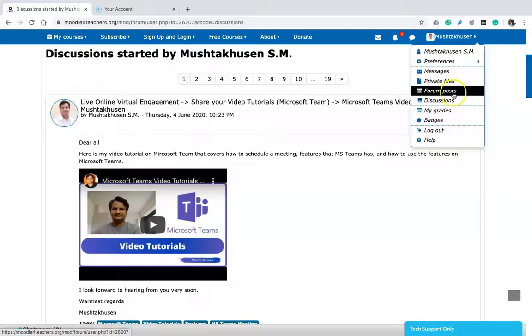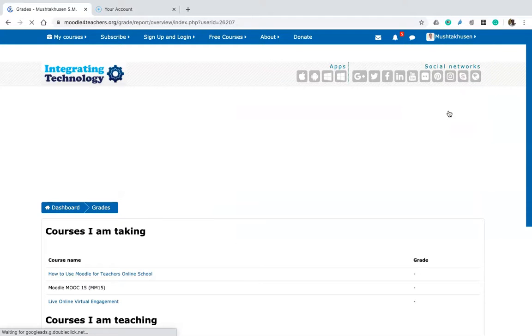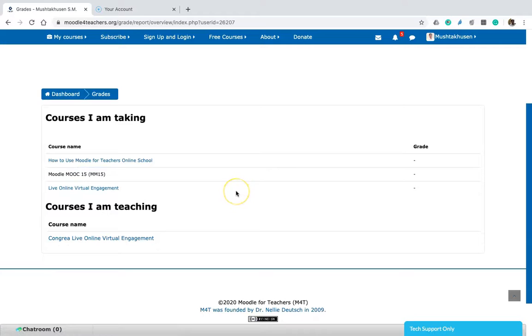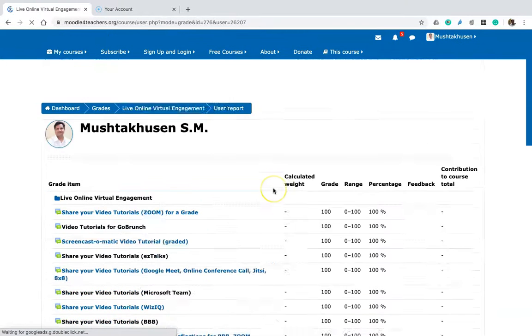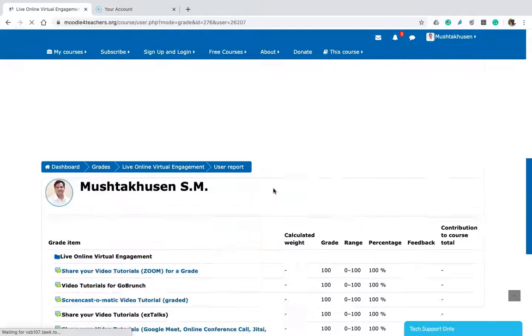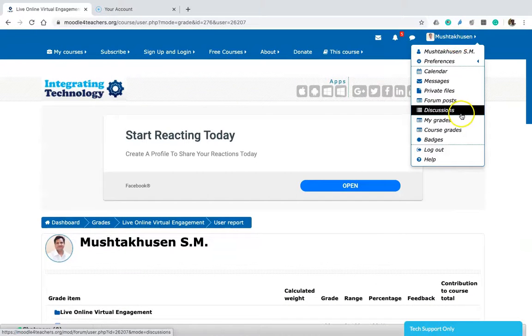Then our next feature is my grades. You can check the grades for different courses which you have taken up so far. For example, now I have completed this course called Live Online Virtual Engagement. Once you click on this, you can look at your grades. Then you can go for course grades too.